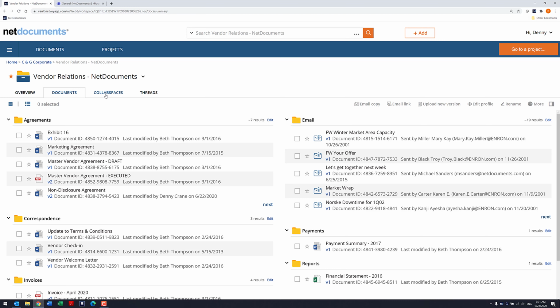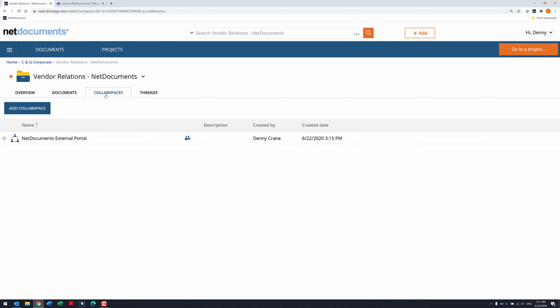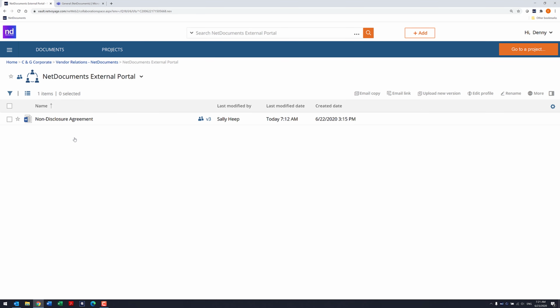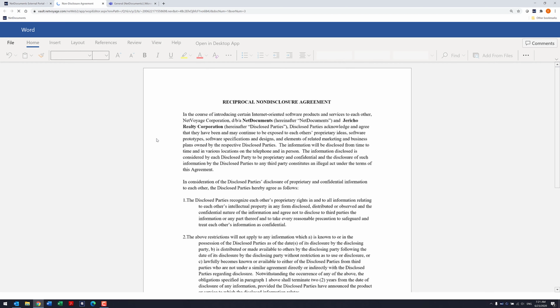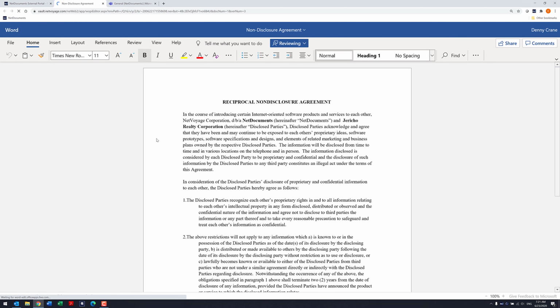As we transition from an internal view to our external portal, we have the ability to then put content within this portal and share it with specific people. As we share with specific people without using a local footprint, we can then take this document using our Microsoft Office integration, open this inside of Microsoft Word Online. The document is not stored locally. It is now transmitted directly from the NetDocuments platform to